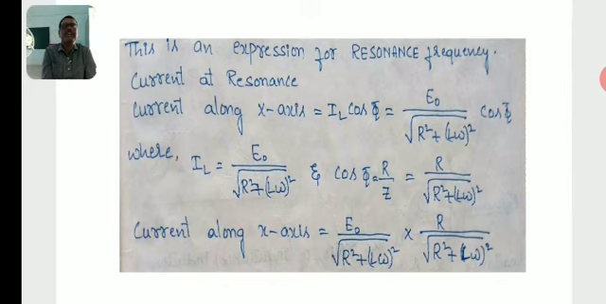condition. That means the current along the x-axis is equal to IL cos phi, which is equal to E naught by root of R square plus (L omega) square, into cos phi, where IL is equal to E naught by root of R square plus (L omega) square, and cos phi is equal to R by Z, which is equal to R by root of R square plus (L omega) square, because the impedance Z is equal to root of R square plus (L omega) square. The current along the x-axis is equal to E naught by root of R square plus (L omega) square into, where cos phi is replaced by R by root of R square plus (L omega) square,